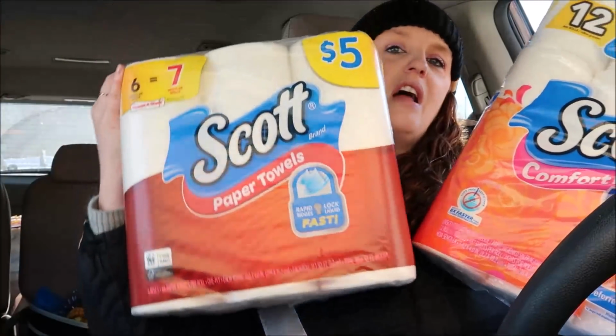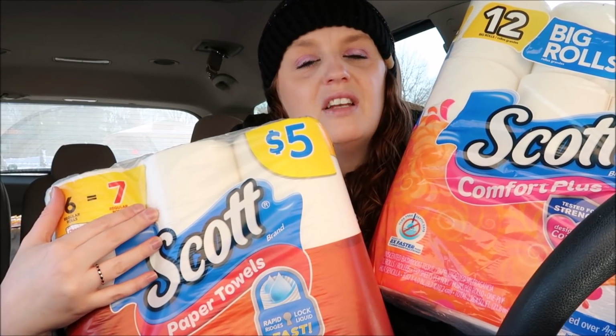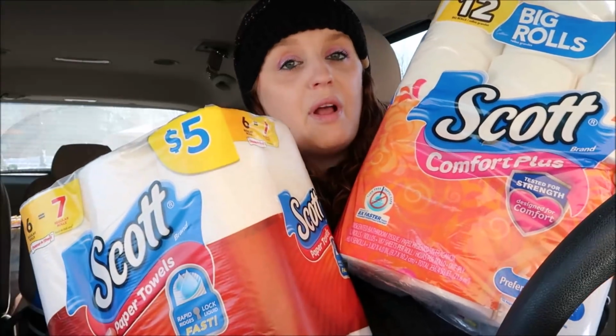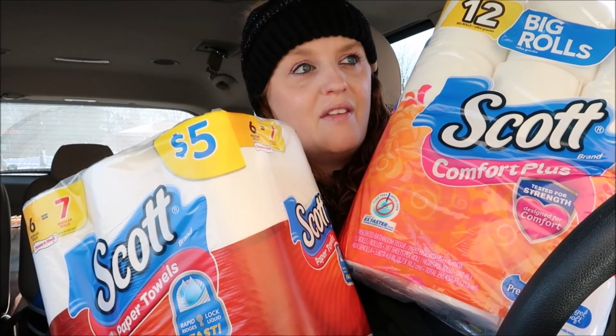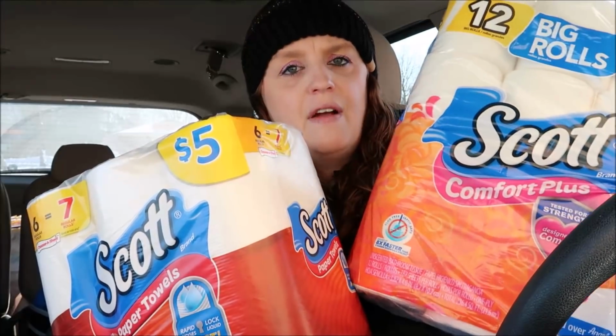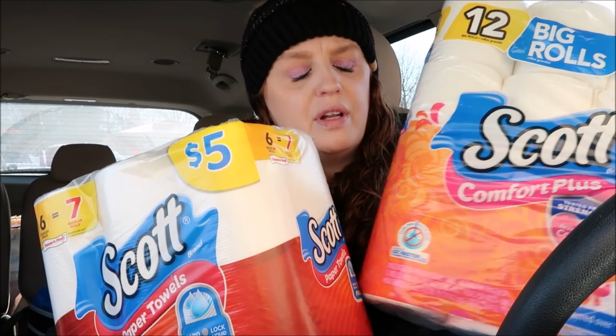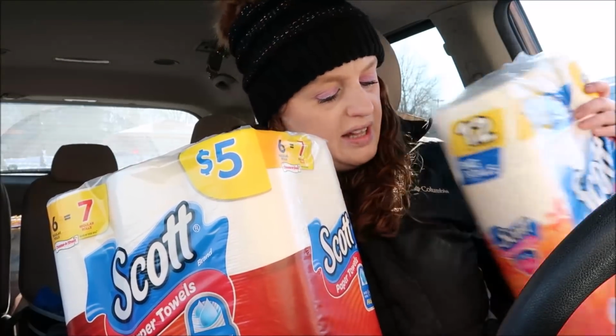And like I said, I had to get paper products earlier. So the Scott paper towels and the Scott toilet paper. These are always $5, okay? Right now there is a deal in the Walgreens booklet where you can get $1.25 off. But we also got some 50-cent off coupons, I think from like 2 weeks ago. So you want to use $5, use the 50-cent off coupon, use the $1.25 off coupon in the Walgreens booklet. You would just get these for